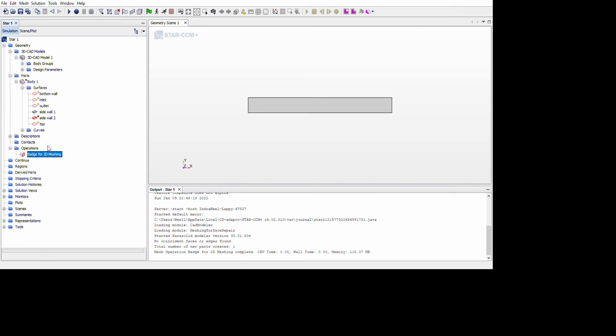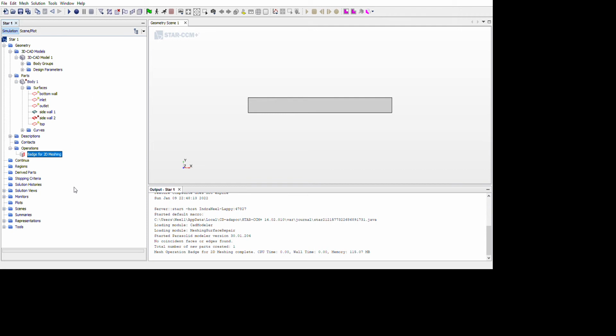You see a red badge over here, the side wall 2, the wall beneath this, that is the one which is given as the 2D mesh surface. Because you can get a badge, you got a badge over here, the red badge. So that is the 2D surface or the 2D mesh thing. Okay, so now we have done the badge for 2D meshing.